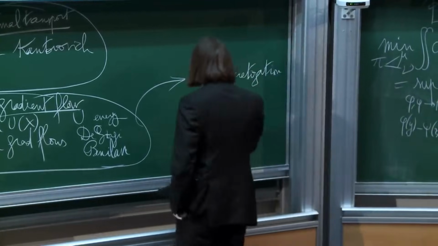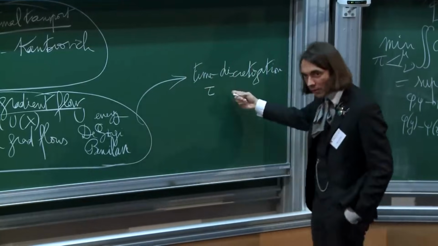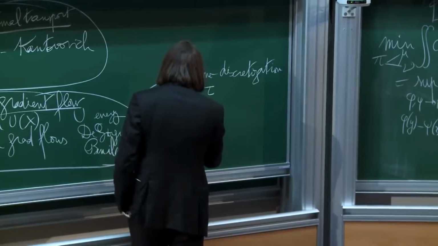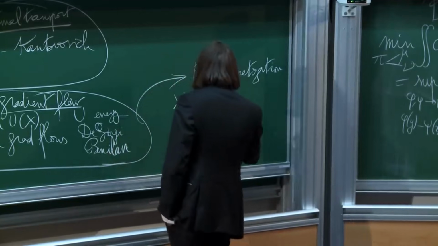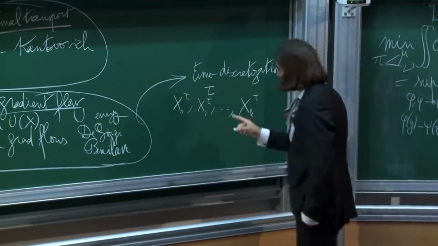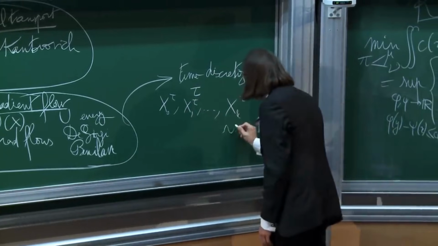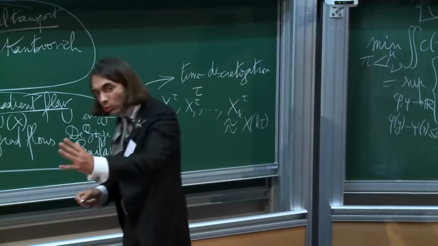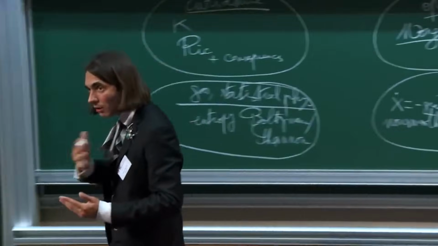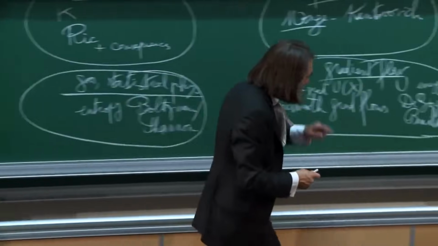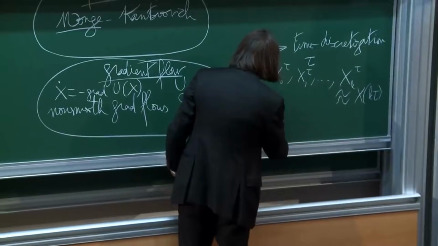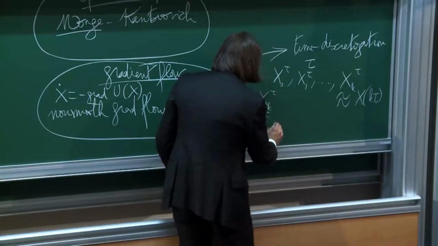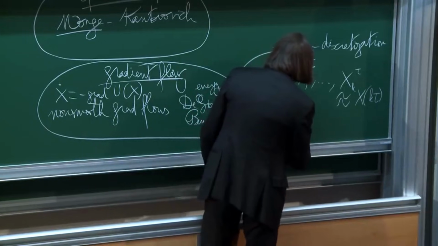Time discretization. So fix a time step, tau, very, very small, and you construct x0 tau, x1 tau, etc., xk tau as your discrete approximation, meaning that this should be something like x of k tau. And at the end, you will send tau to 0, and your discrete approximation will become a continuous limit. And at each step, if you have constructed xk tau, then xk plus 1 tau is obtained as a solution of the minimizing problem